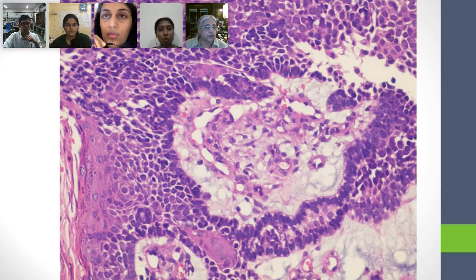No, it has got squamous islands over here. You can see a squamous island here. You can see a large area where this basaloid epithelium, they are all epithelial cells, is actually maturing towards squamous epithelium. You can even see keratohyalin granules over there. But this is not the basal type epithelium that you see in squamous epithelium. So what do you think it could possibly be?